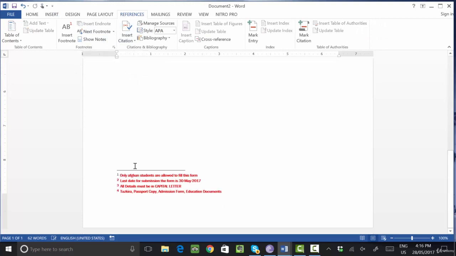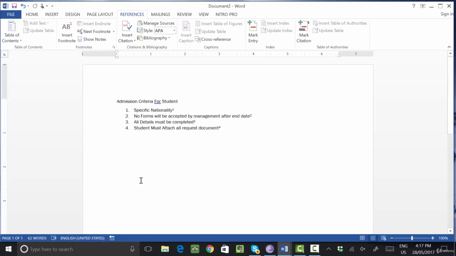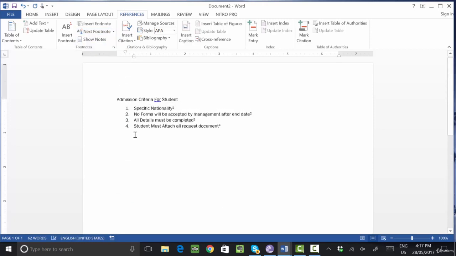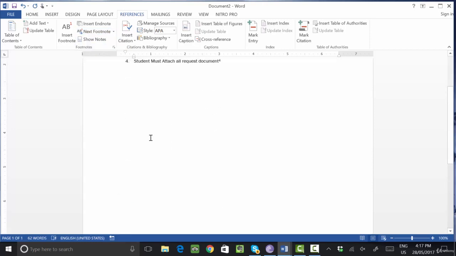Okay, show notes. So if you click on show notes, you will directly come to the notes section. Is it clear? Okay. In the same way, you will click on previous note. So previous note is the third one. Again previous note, second note. Again click on previous note. You will come to the first. Okay, so one by one it will move. Next note, second, third note again. So like this you can do your footnotes. It is clear to you? Okay, like this way we can create a footnote. It is clear? Okay, press F2.